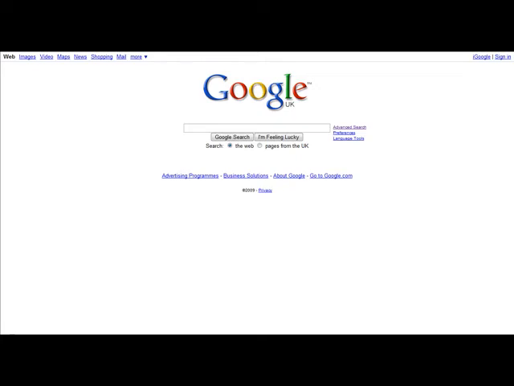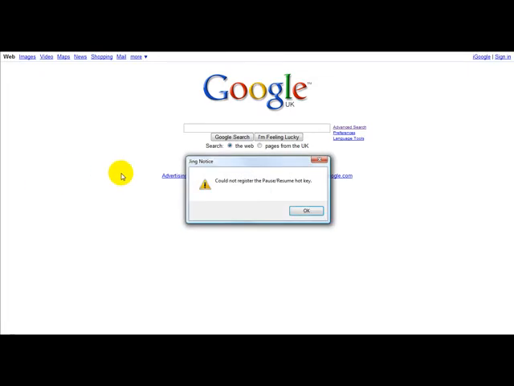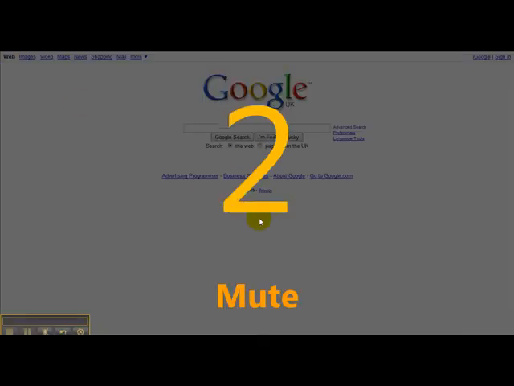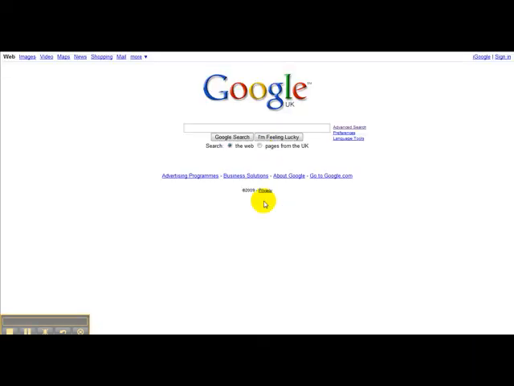Let's just capture the video, and okay, could not register the resume hotkey. Okay, simply what this does is it captures the actual screenshot video of Google. So it's pretty straightforward to see, and as you can see, this is basically going to capture this screenshot over here. Once you've done that, you just click on stop,